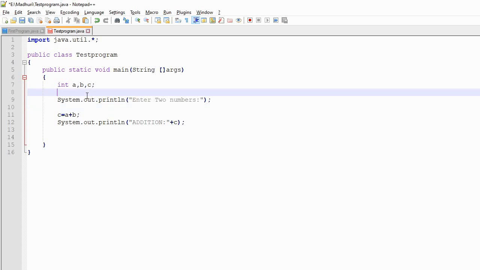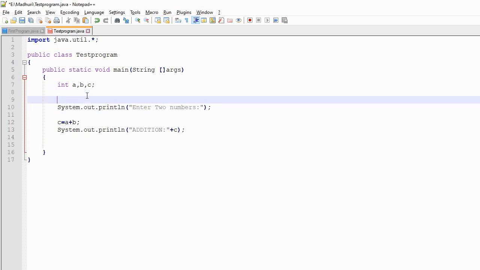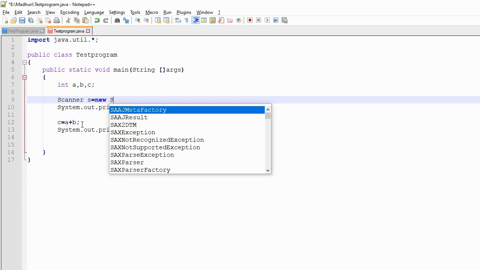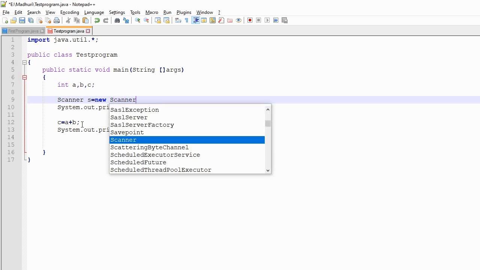The first thing is to create the pen, that is, create the Scanner. Suppose I am writing its name as S equals, as this is an object oriented programming language, you have to create the object with the new keyword, as we have done in Python also, if you remember. Scanner S is the variable object of type Scanner, and new is used to create the Scanner object.